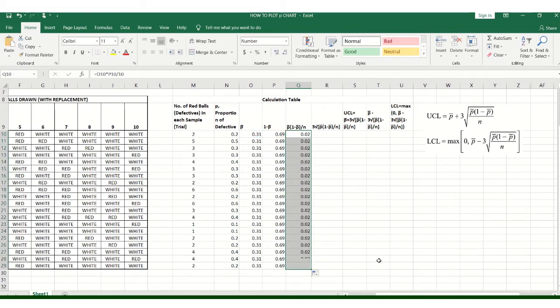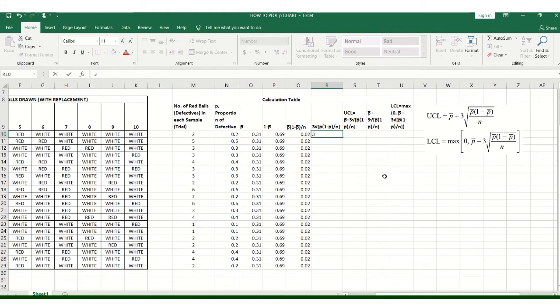So we have obtained the value. n is the sample size. Now these are the values we have obtained. Now we are further interested in finding the square root of this, because we need the square root of this and then multiply by 3. So I just put in the formula 3 into the square root, sqrt,